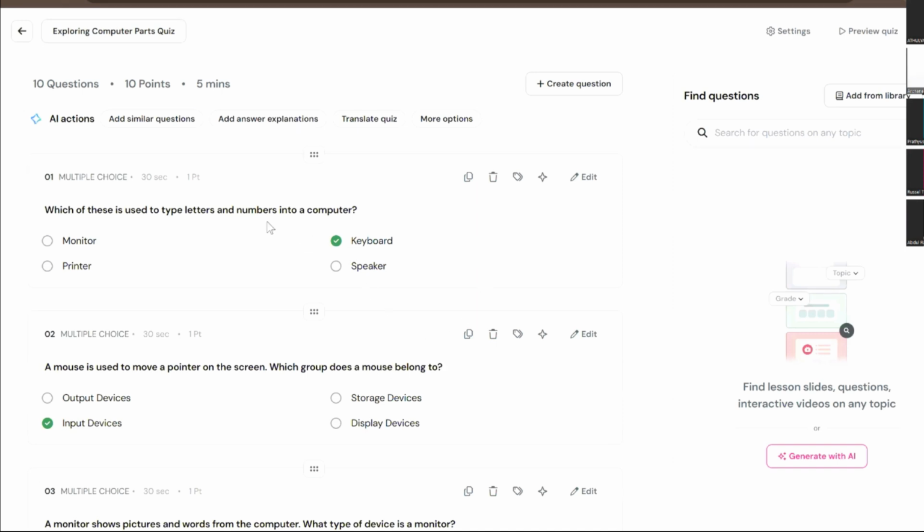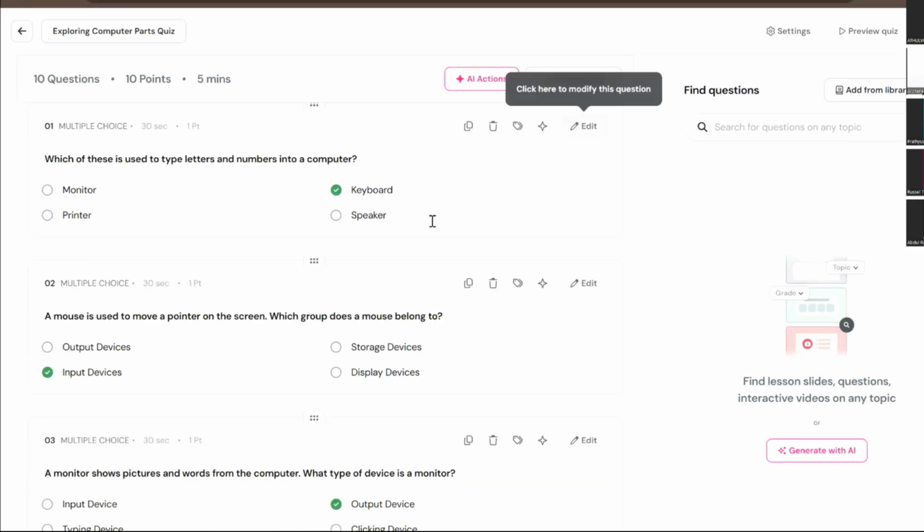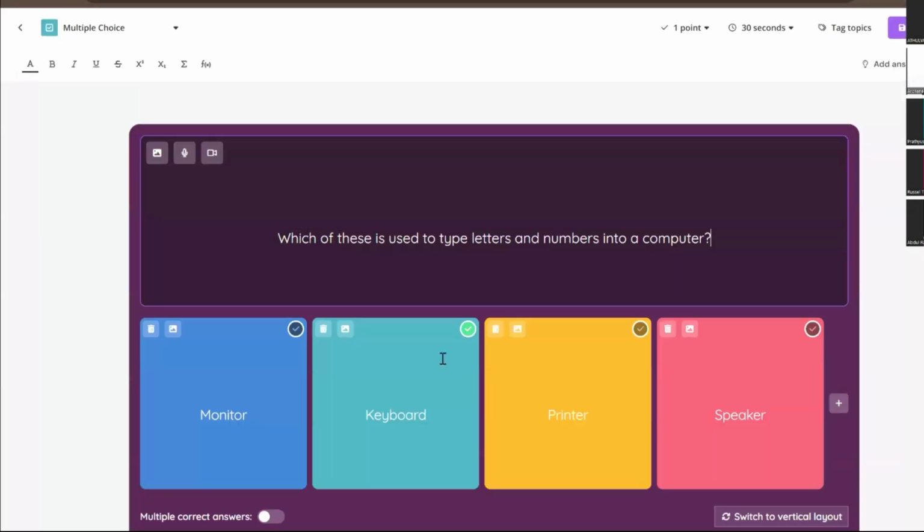If you want, you can keep the questions as they are, which is okay. Otherwise, we can edit the question using the edit button. It will show like this, so you can edit it and change the questions according to our topic. Suppose our first topic is hardware. If this question is not suitable for my topic, I can edit it according to that part.